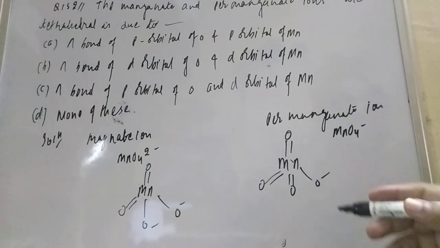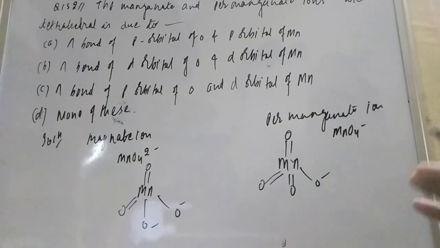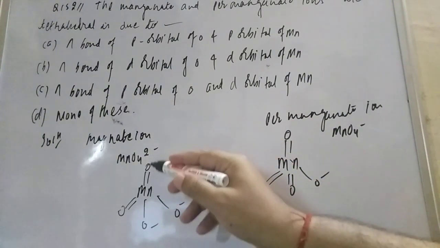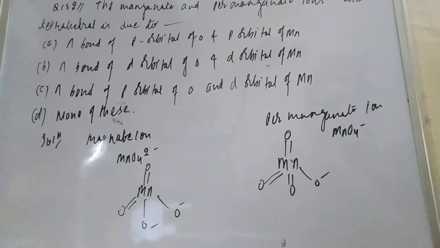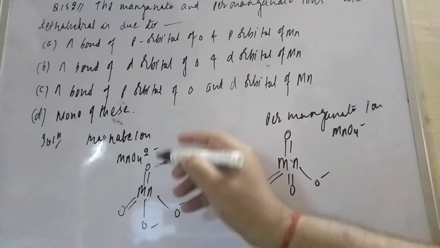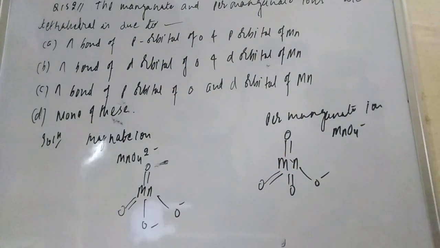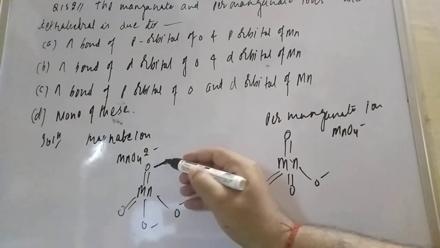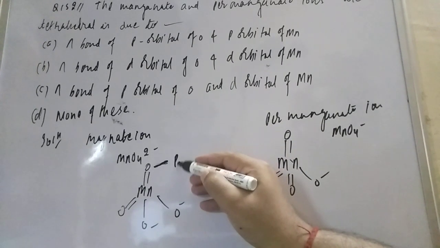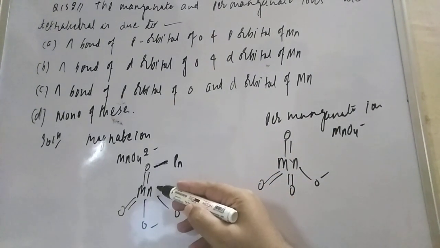Both are sp3 hybrid, but okay, don't go for hybridization. What we have to do, student, for this case, is see why they are tetrahedral. If you talk about oxygen and Mn, oxygen has only what orbital? All is the case of pi bonding, student. So how is the pi bond possible? Oxygen has no d orbital, so it has p pi, and Mn has no vacant p orbital.